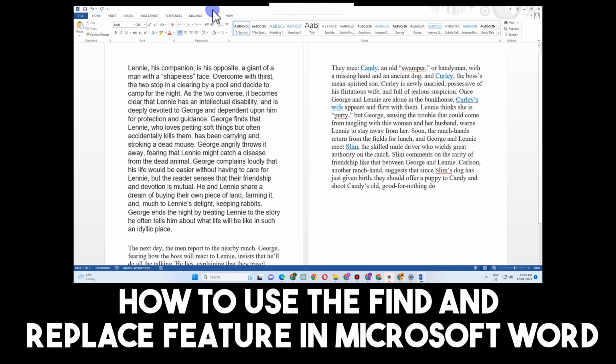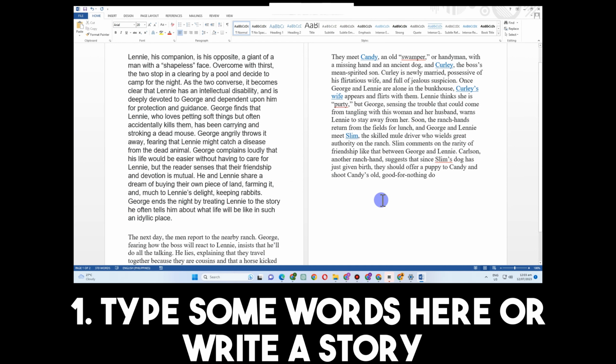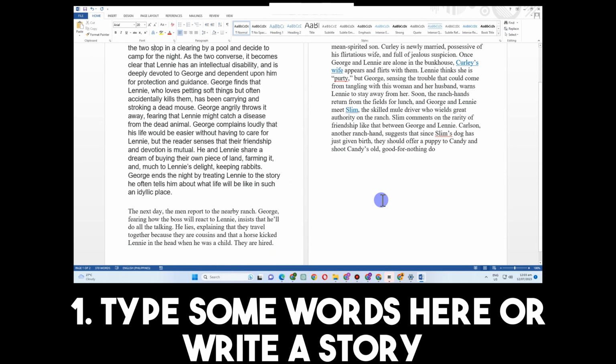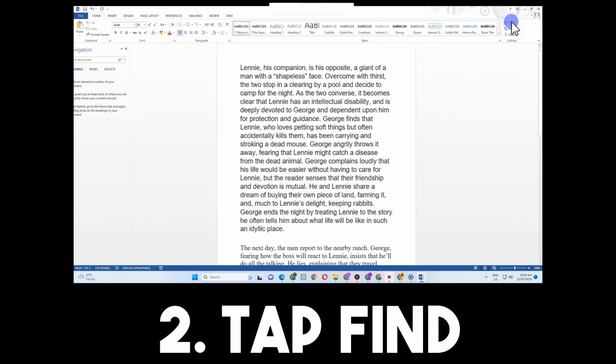In this tutorial, I'm going to show you how to use the find and replace feature in Microsoft Word. Suppose that I am typing, or I copy pasted, or wrote something here in my Microsoft Word and I'm looking for a specific word because I can't find it and I want to delete it or replace it. So you just have to go to the right side and click this find option here,